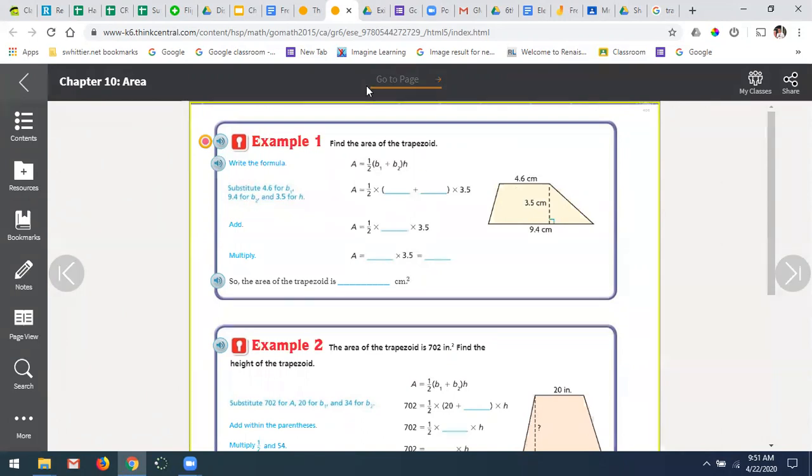So I see, again, here's our 90-degree angle. Again, here's our other 90-degree angle. So these two are the bases. 9 4/10, 4 6/10, those are our bases, and the one in between, the line going straight up and down, that's our height. And they say they already have the height over here, 3.5. So if we substitute our numbers,